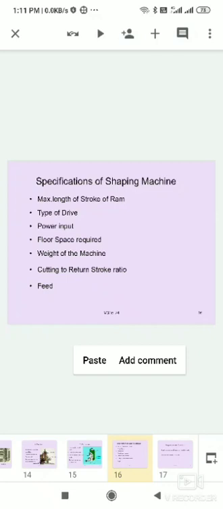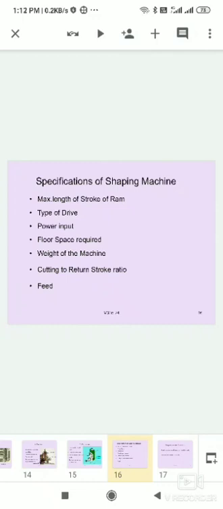The length of stroke of the ram indicates the overall size of the shaper. While ordering a shaper, it is necessary to mention the type of drive, type of speed reduction, power input, cutting to return stroke ratio, the number and amount of feed, and the floor space required.